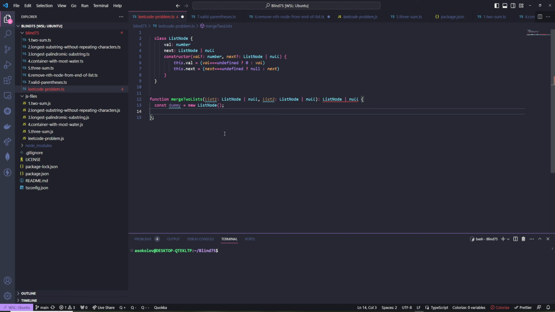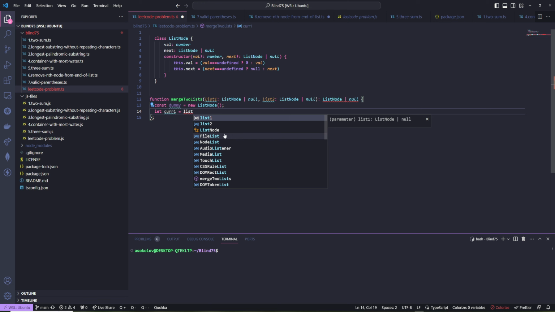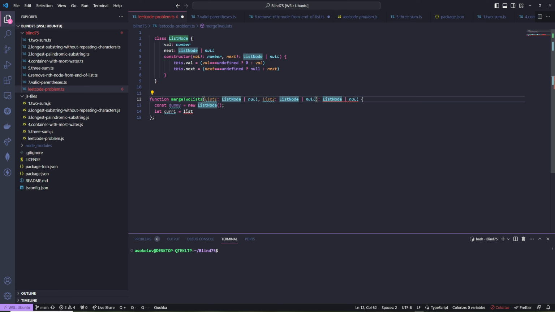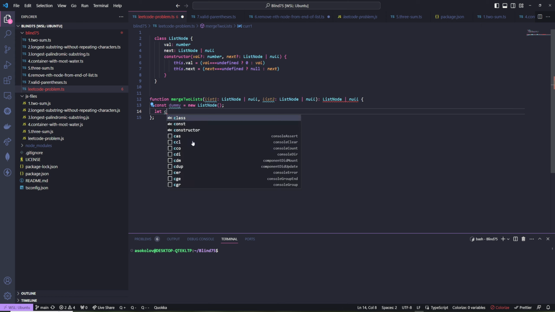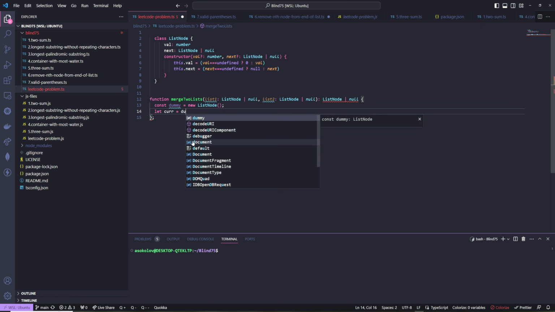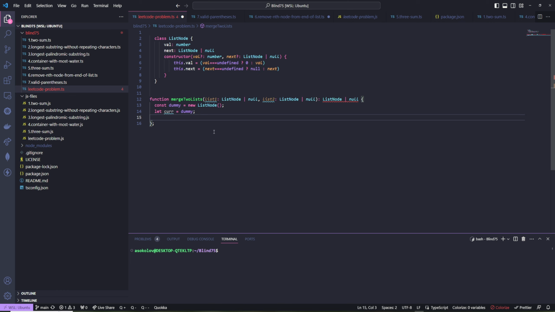Okay, and then we need to make a few more things, right? We need to make 3 current pointers, so let's do that. Let's just say let cur1 equals list. Actually, I don't think we need 3 cur pointers because I think we can just use list1 and list2 as the cur pointers. I think that would be fine. Let's try that. And we'll just make 1 cur pointer for the output then. So let cur equals dummy. Now we're just going to use these 2 list nodes as the cur pointers for the 2 lists. So we can say while list1 or list2,